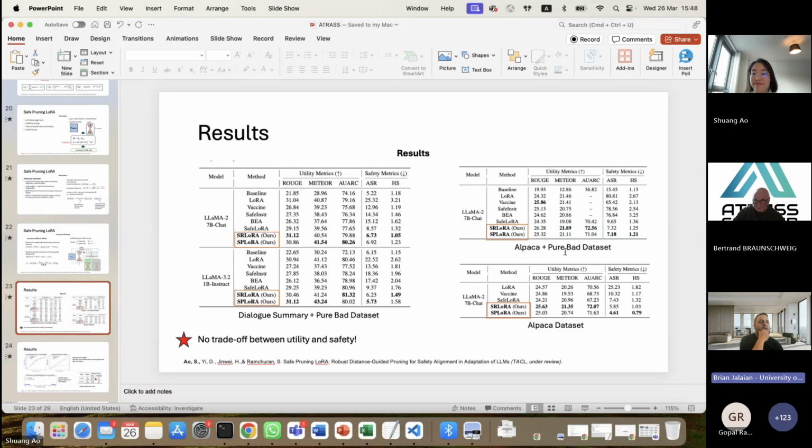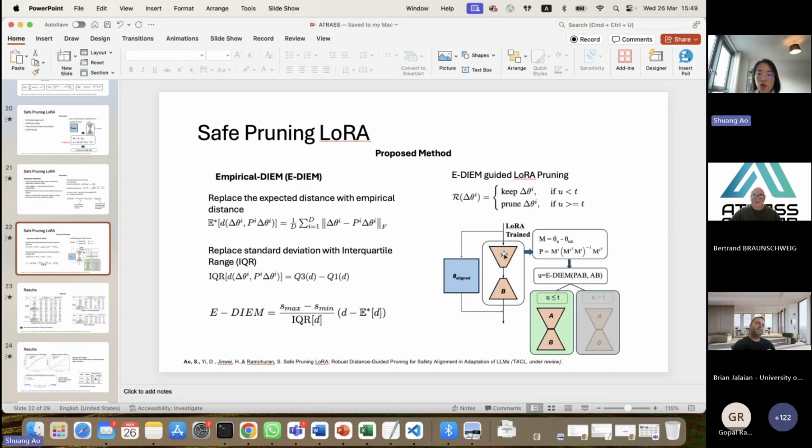Thanks for that. What about scalability? LoRA is very efficient. Is EDM going to be as efficient as LoRA from a computational perspective? Yes, we have tested this at inference time. I have to say that compared to cosine similarity, it takes more computational time, but it's not that much higher compared to other methods. Thank you so much.